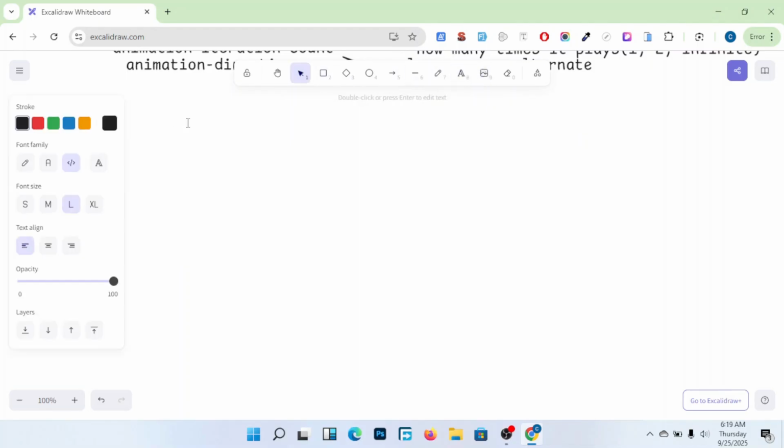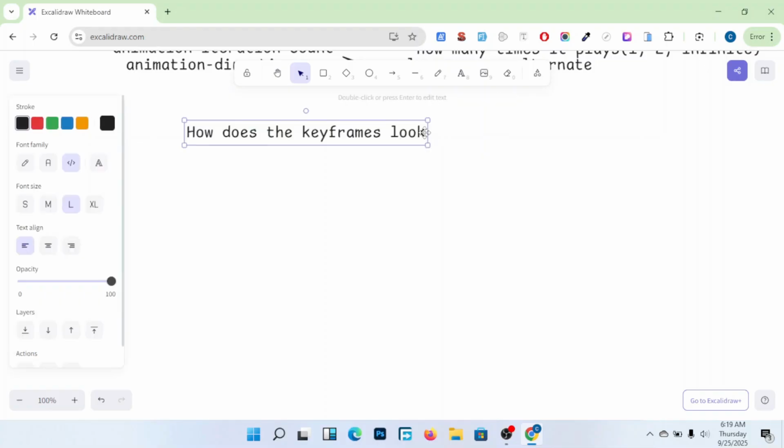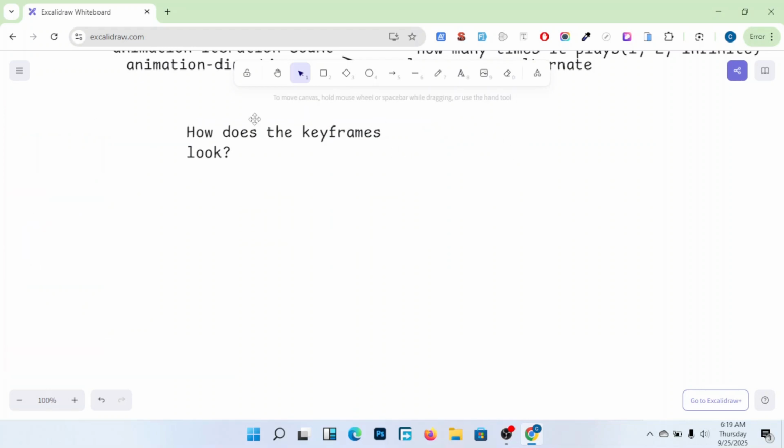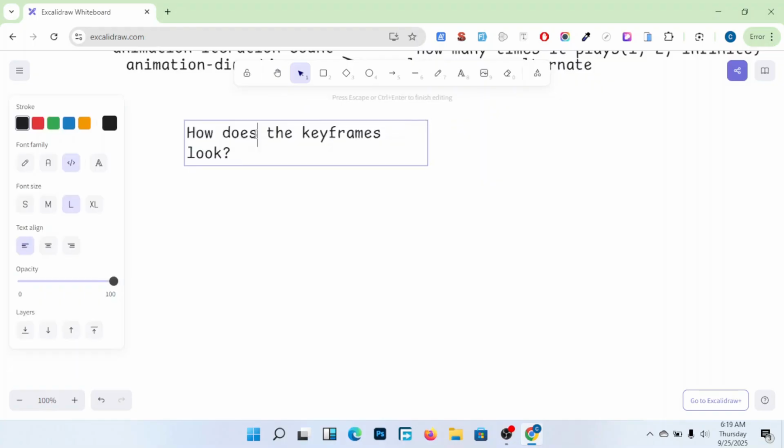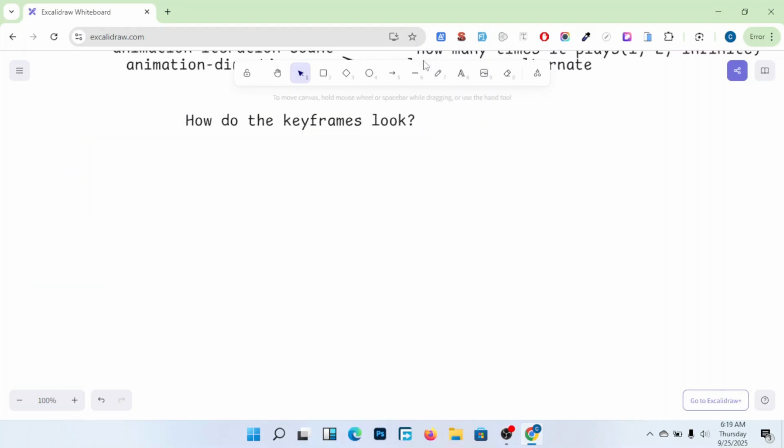How does the keyframe look? How do these keyframes look? How do these keyframes look? Okay, okay. So members,